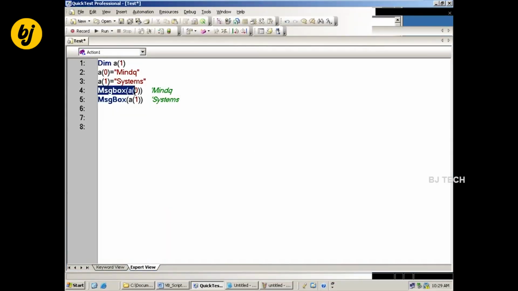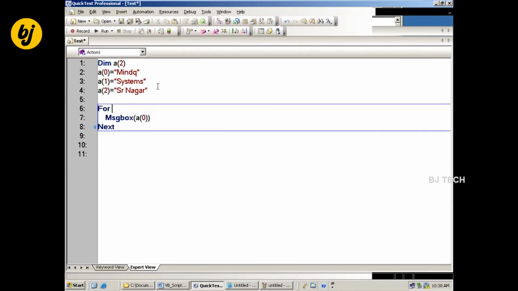Now instead of writing MsgBox A of 0, MsgBox A of 1, maybe if I go for 2 here, then A of 2, yes or no. Then 3 times I need to write here. Instead of writing that many times, I can use a for loop.